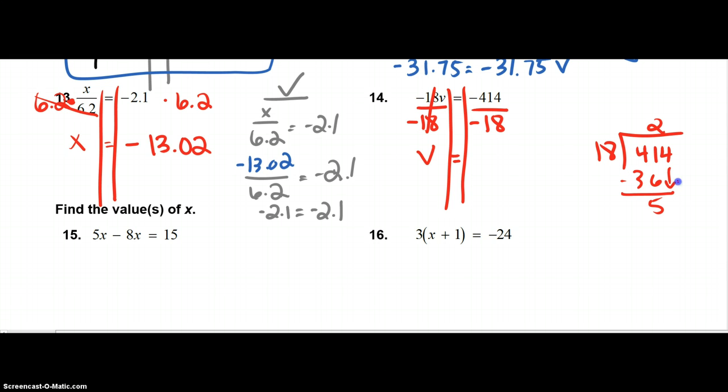5 left over, bring down the 4. And 18 can go into 54 3 times. So we have our answer of v equals 23. Now to make sure that's correct,